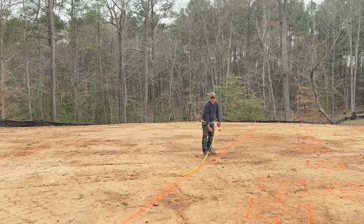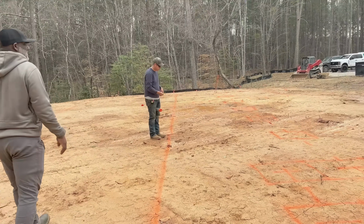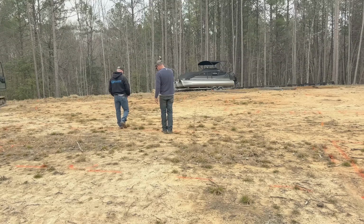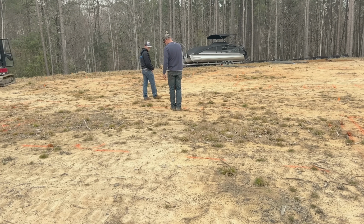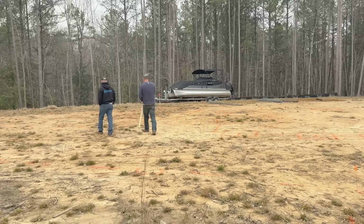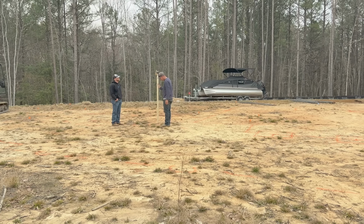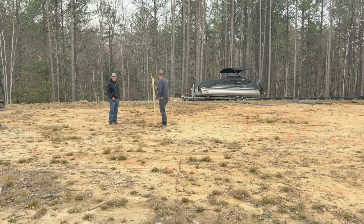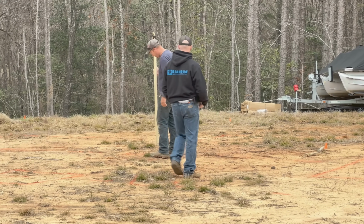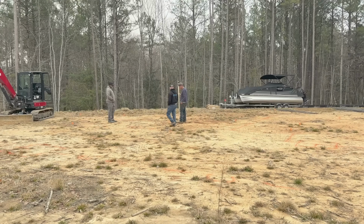We had to scale it out because nobody put any measurements. That one right there is going to be 42. Man, 42? A 42 inch footer. Yeah, we don't have time for measurements. So from where I checked to right here it falls like 6 inches. So once we get over here we'll have to